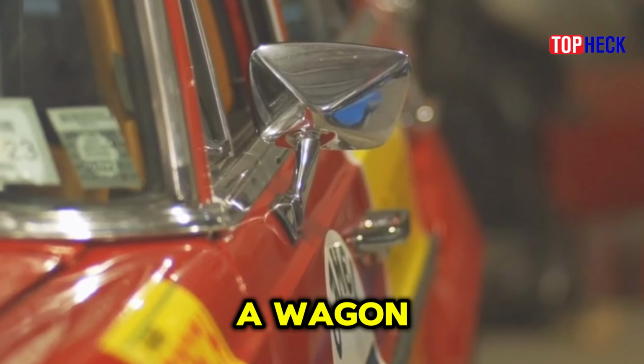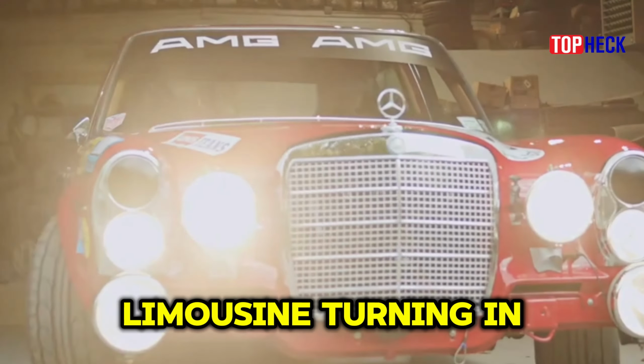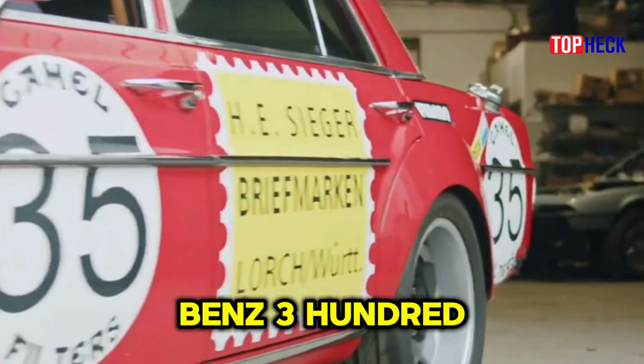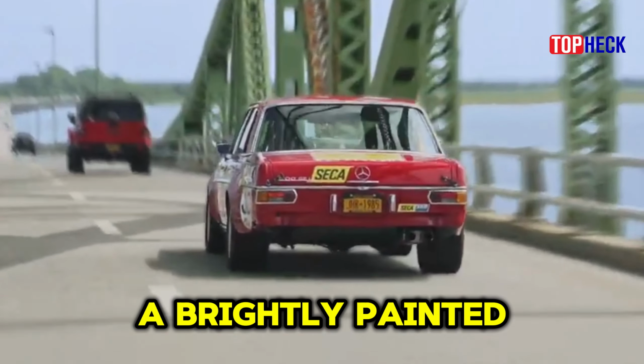6. Mercedes-Benz 300 SE AMG. As unusual as a wagon was in touring car competition in the 90s, it was equally weird for sports car fans to show up at a track in the early 1970s and see a limousine turning in hot lap after hot lap. So it went with the Mercedes-Benz 300 SE AMG Rote Sau, or Red Pig,